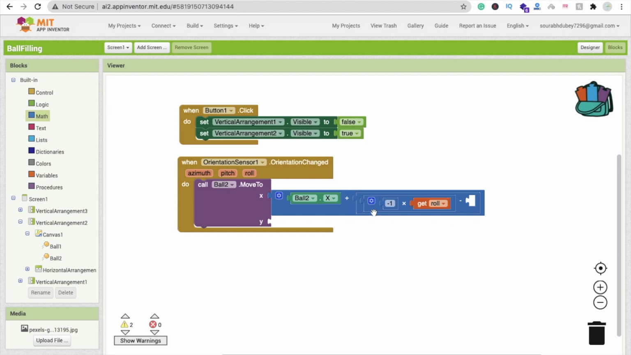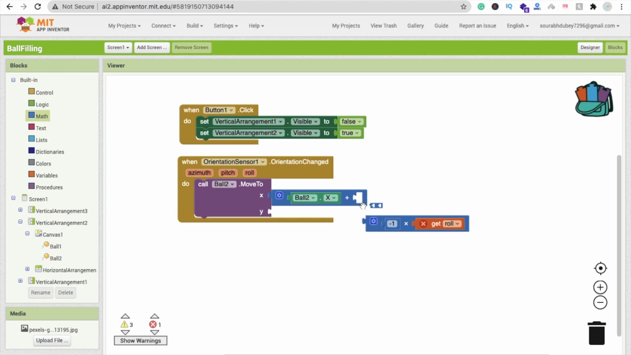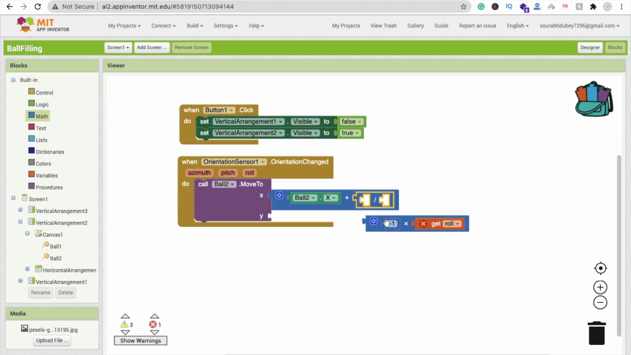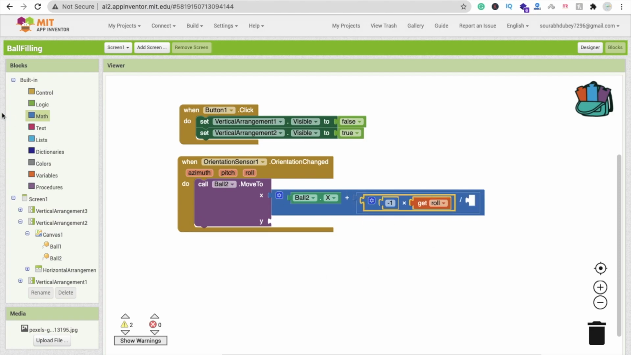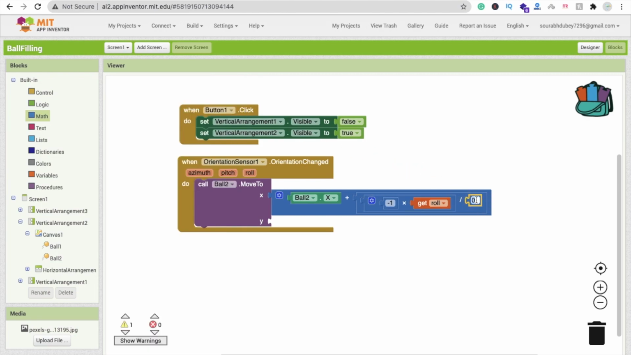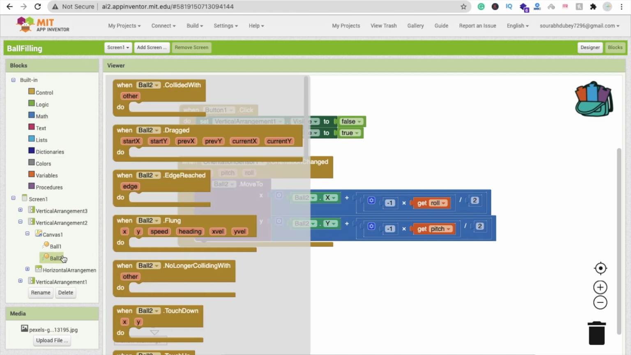Okay, so for that we should use the divide block here, like this one, sorry for that, like this, and we will divide it by 2, like this, right? Now let's copy and paste this and change this to y and change this roll to pitch. Simple. Okay, now whenever ball 2 collides with other, it means click on ball 2 and you will find here